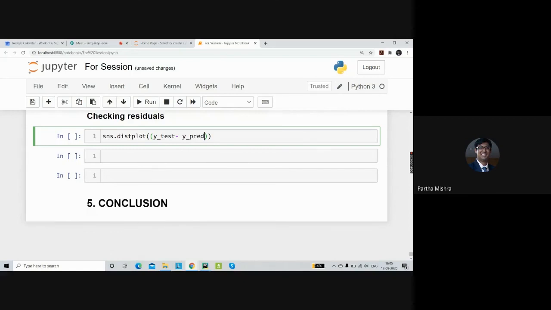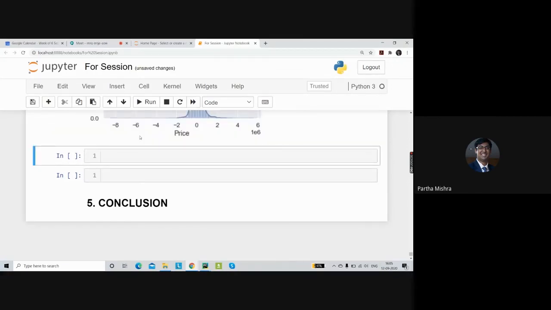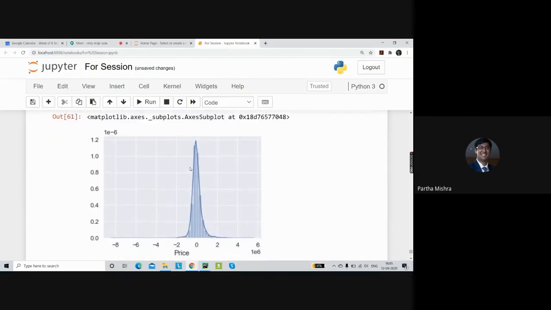So here we're trying to figure out the distribution of the error, or you could say the distribution of the residual. This error term is also called the residual. If we run this, we are able to see this kind of plot.